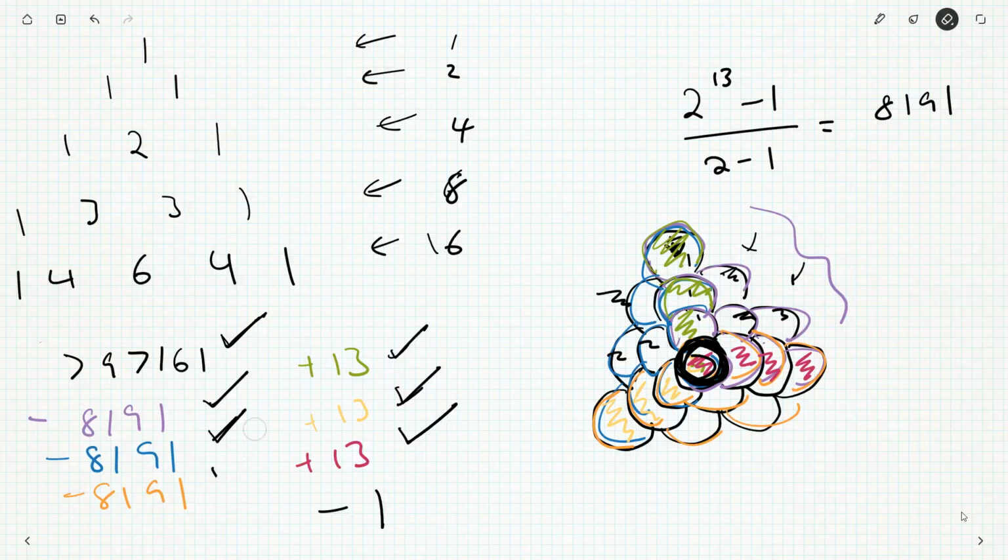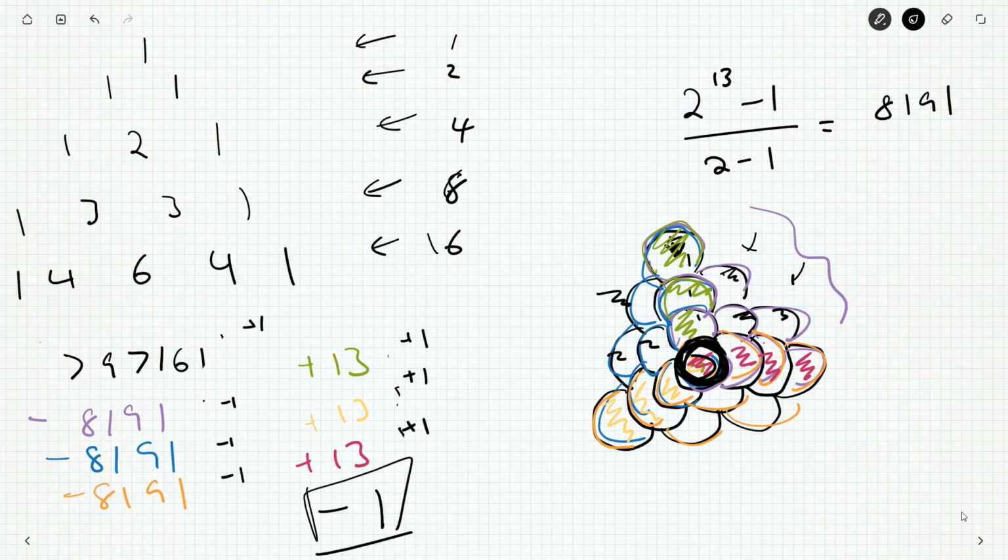So actually, instead of using check marks to say I've cleared things away, let's say added it in, got rid of it, added it in. So I need to get rid of it once more. So I need to subtract 1, as we've done. So if I do this calculation, minus 3 copies of 8191, add on 3 copies of 13 for the edges, the Pascal's edges, which aren't very interesting, and then subtract off 1 for that point at the top who's been used so many times, we get